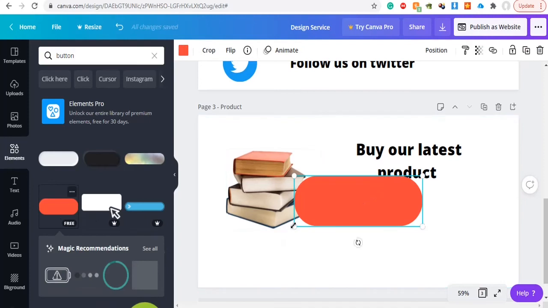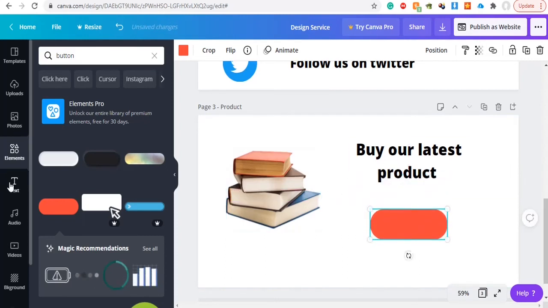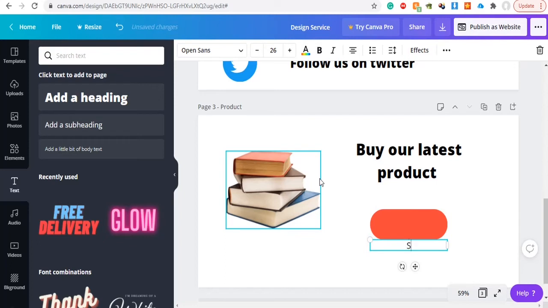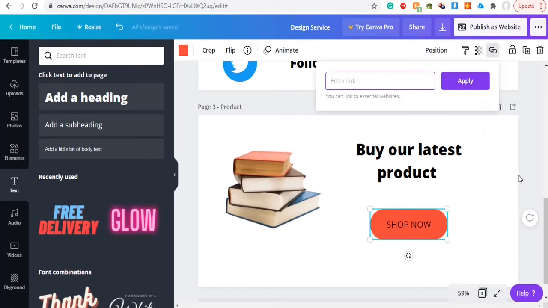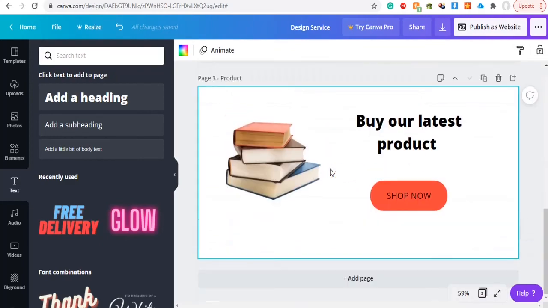Let's click on this one, resize it, place it beneath, and now you can add a text here, add a subheading, and write shop now, and you can place it inside this button. And now you can link this button to your checkout page. So this is how we can create our pages through Canva by using element design and everything.